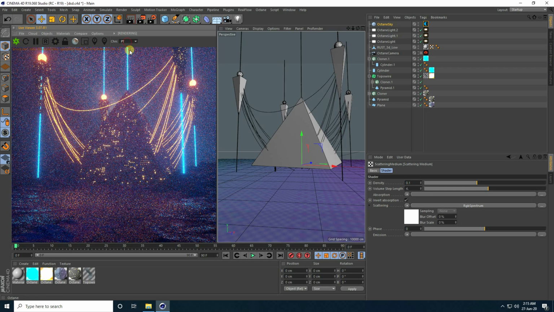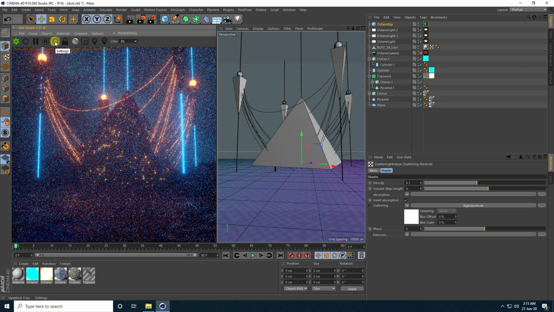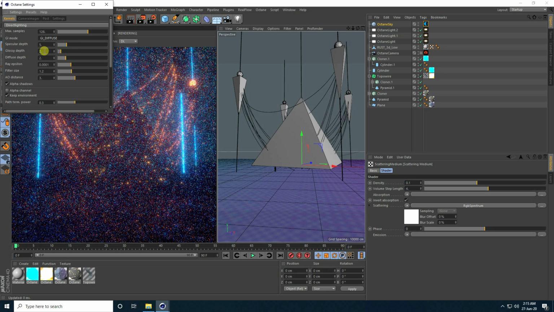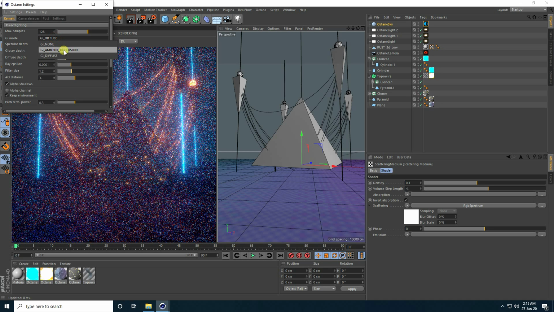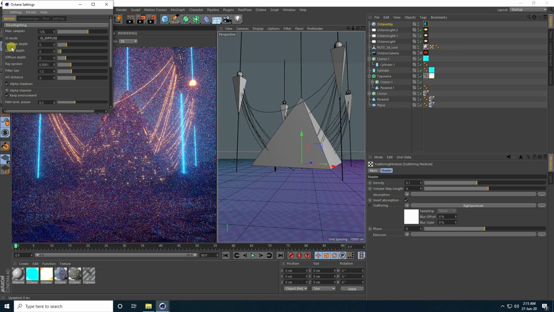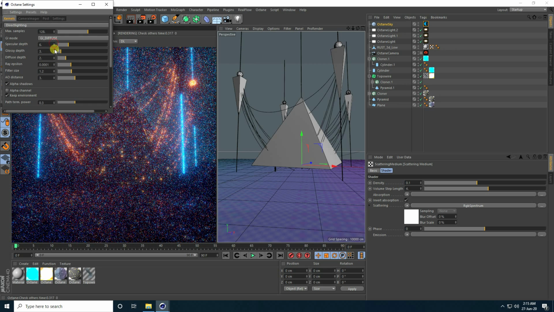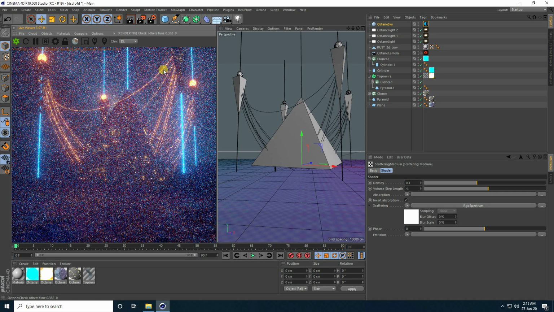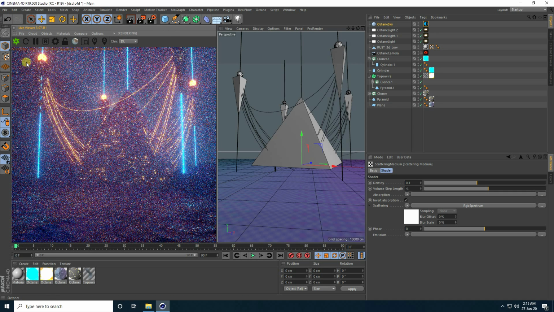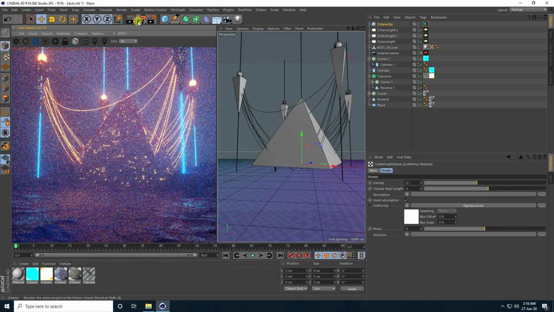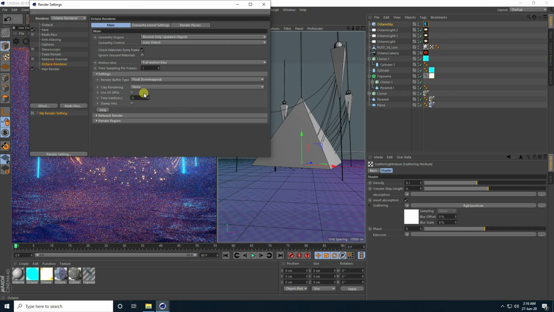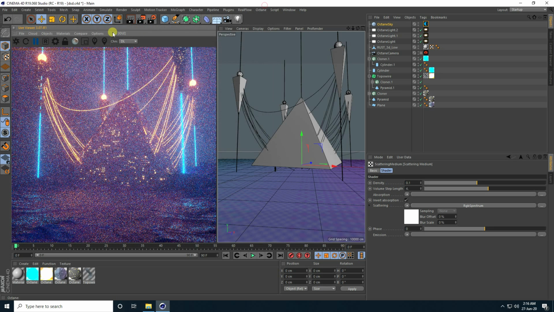Okay, so channel is good. Channel I take DL and go to here setting. Guys, GI mode I take this time diffuse, and you can take anyone like ambient occlusion, and diffuse is depending on your work, and increase specular depth, all depth increase. That's it, right? Okay, so that's my final composition, and stop this rendering and go to here render. Guys, also change render setting, take Octane render and use all GPU check and press OK.